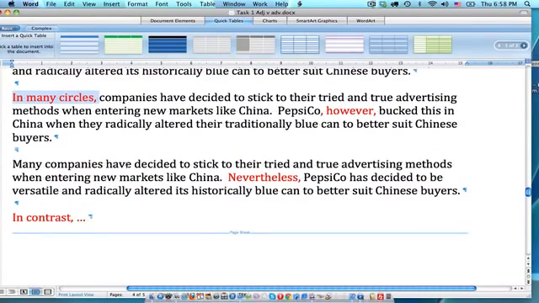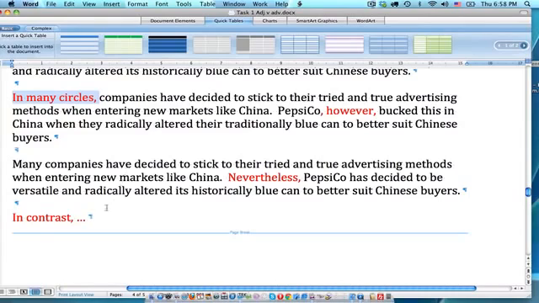Many companies have decided to stick to their tried and true advertising methods when entering new markets like China. Nevertheless, PepsiCo has decided to be versatile and radically altered its historically blue can to better suit Chinese buyers. Or we could replace nevertheless with in contrast. Okay, so I hope that those phrases helped to clarify certain ways that you can add a level of coherence